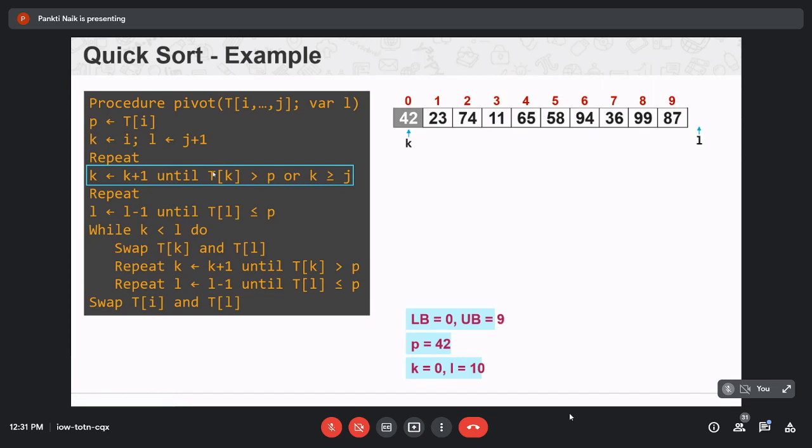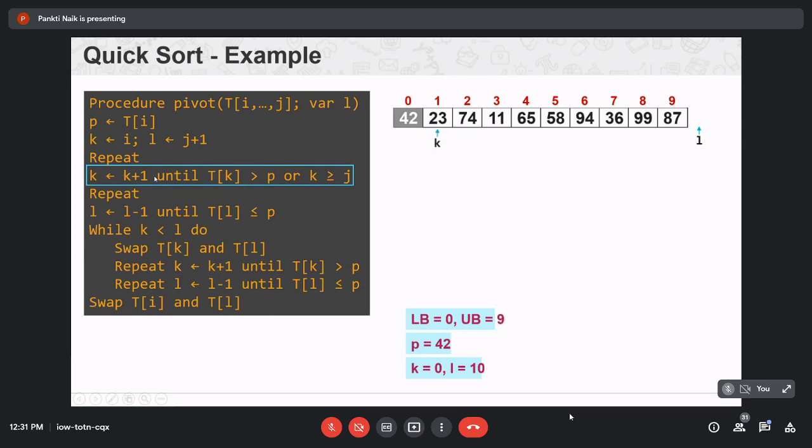Now we have to repeat these steps until T of K is greater than pivot or K is greater or equal to J. Until then, we have to increment the value of K, K is equal to K plus 1.